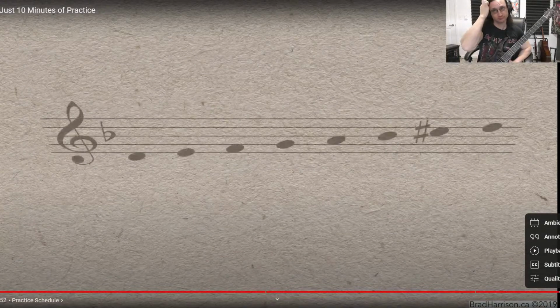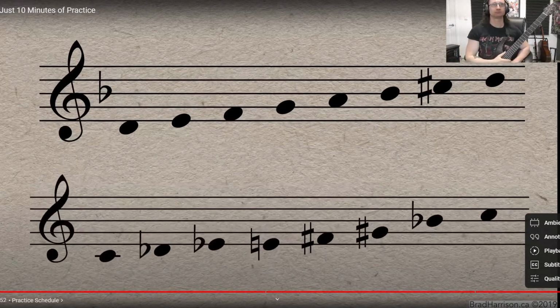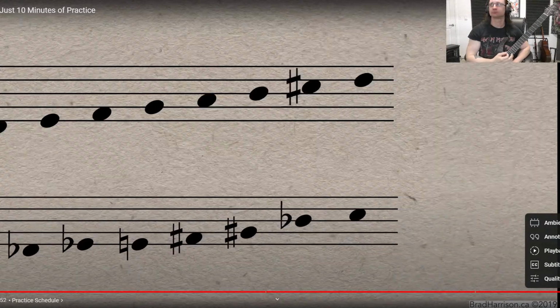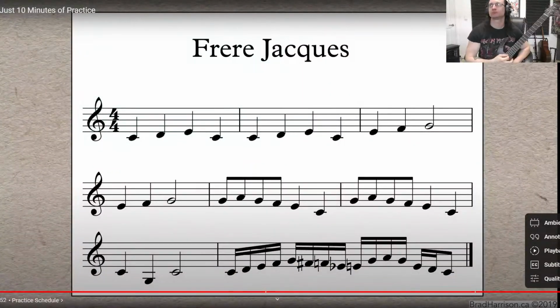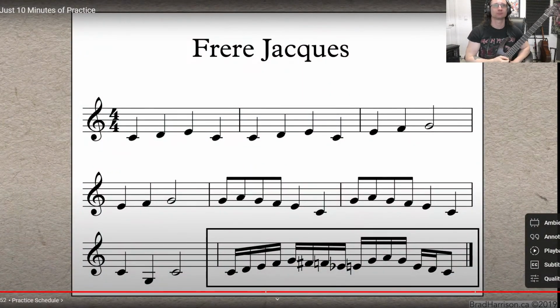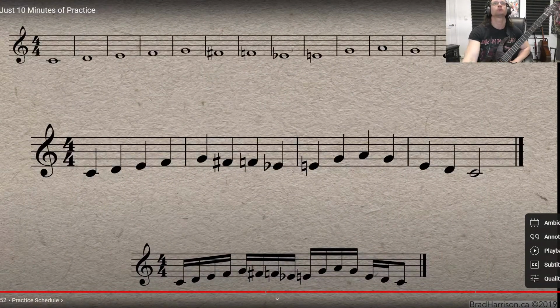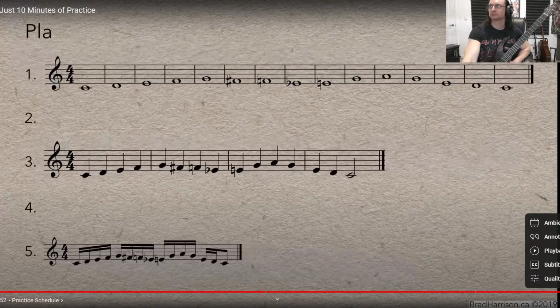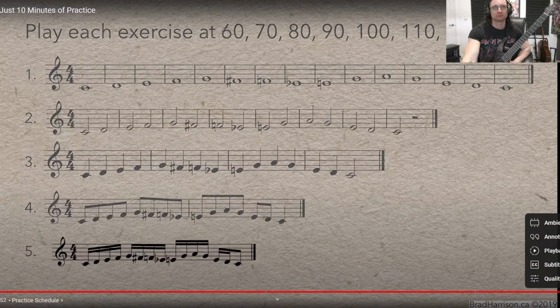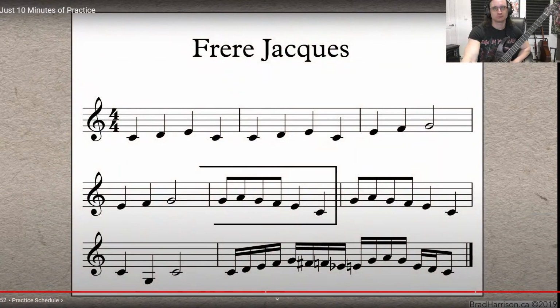If you already know all your major scales, think about learning a new scale, like harmonic minor or altered. Or you could use this technique to tackle a difficult passage in a piece of music you're learning. Maybe you're working on something like this. Most of it looks pretty easy, but there's that tricky part at the end. What if, instead of approaching it in the way it's written, what if you thought of it like this? Or this? It's the same notes but written differently, and it's way less intimidating. If you took it through the technique we used on the major scale, you can have it up to tempo in just a few minutes. Even if you're having trouble with this section, you can easily practice it by turning.